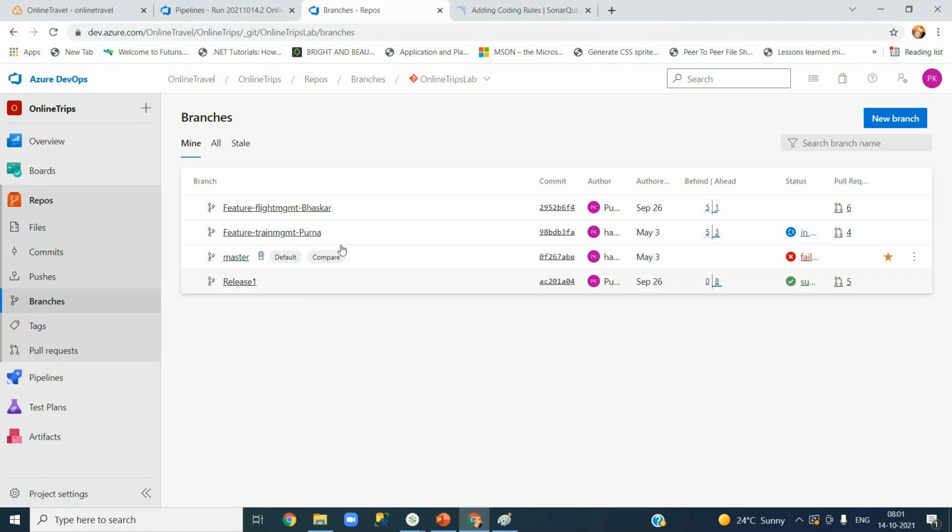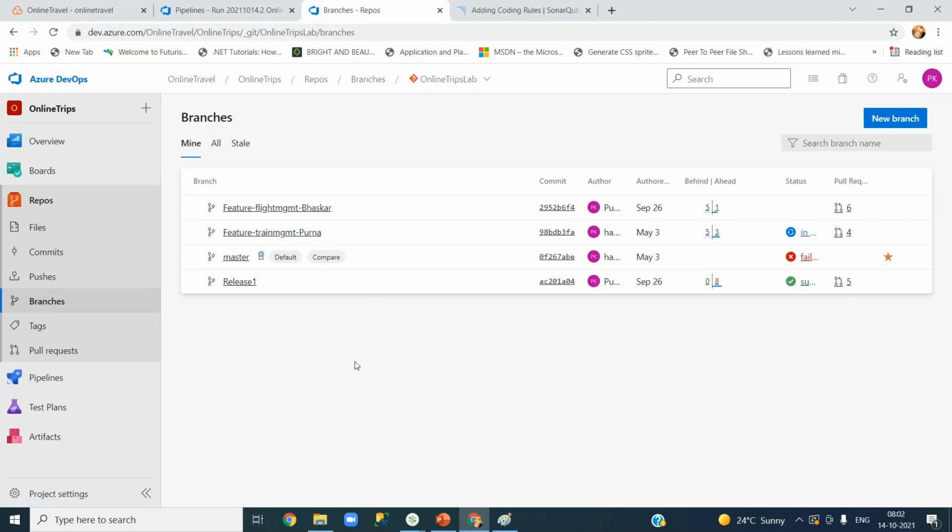What are the short-lived branches? Your feature branches are short-lived branches. Let us say, if I take myself as a developer, in a single sprint, which is a 14-day sprint, I may work on three different features. Means three different requirements, but you call it a feature. Then I will have three different branches here. If you keep on